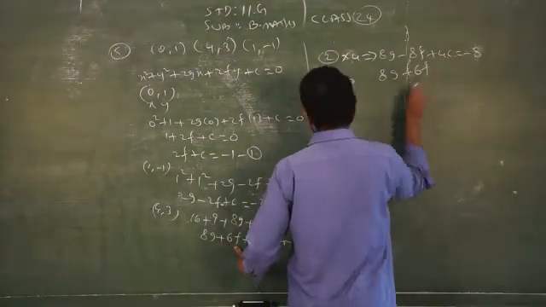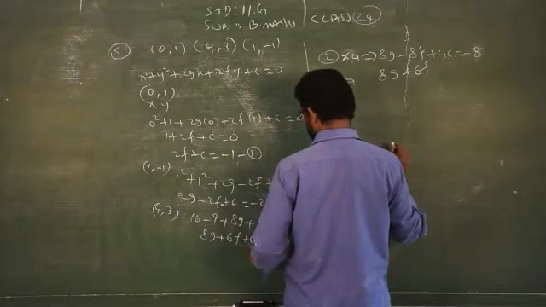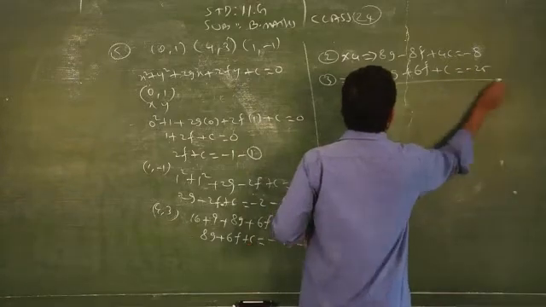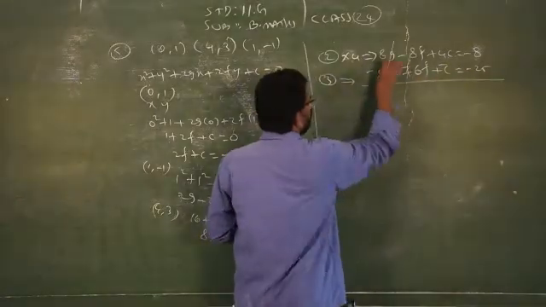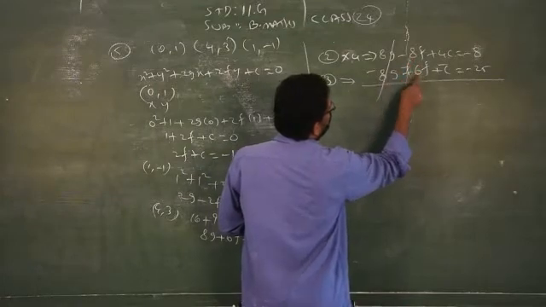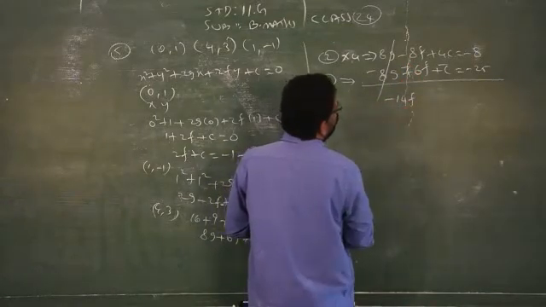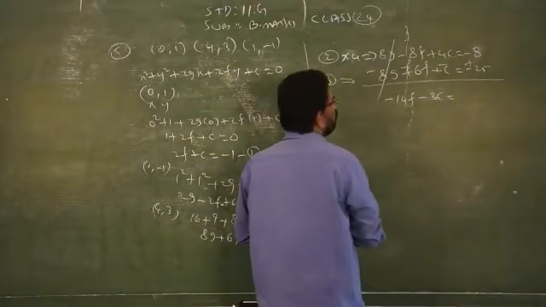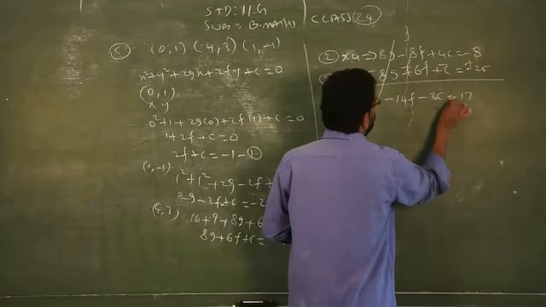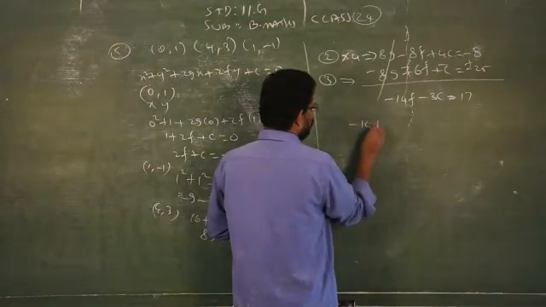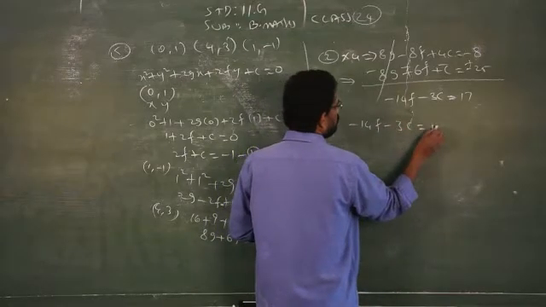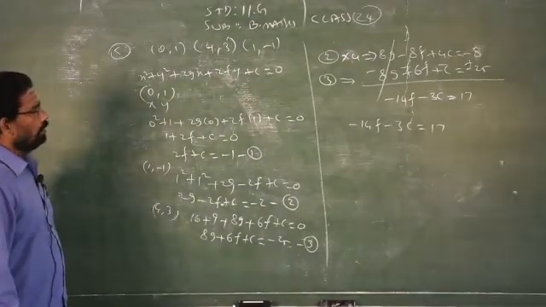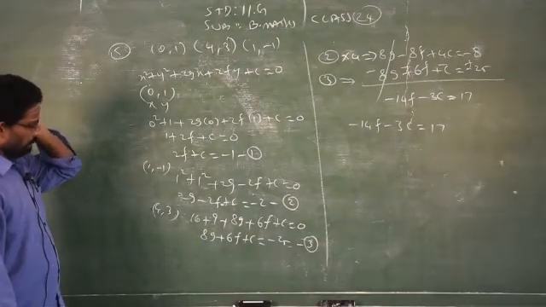Plus 6f plus c is equal to minus 25. Change the sign, and g gets cancelled straight away. Minus 8f, 6f, that is minus 14f, plus 4c, that is 3c. Here you have to change the sign, 25 minus 8, that is 17. So minus 14f minus 3c is equal to 17. So be careful with those calculations. Don't copy straight away what is written on the board.